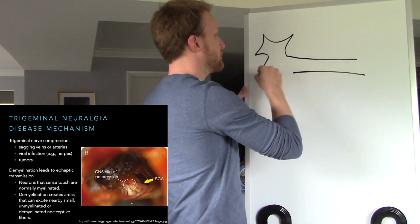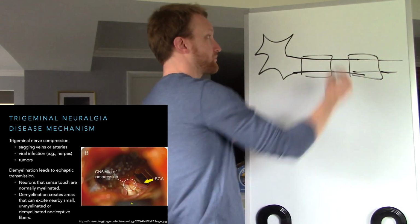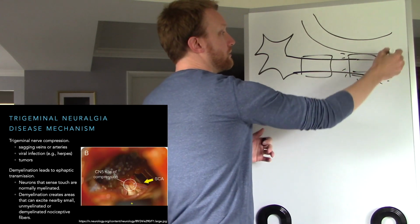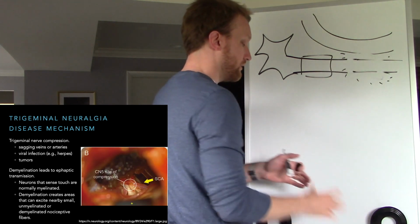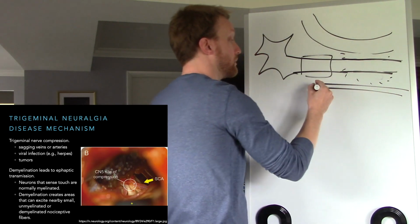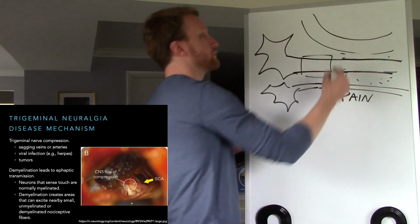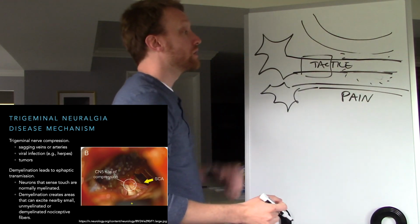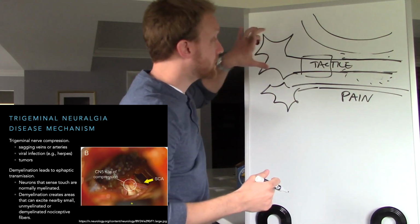So the large myelinated fibers that carry non-painful sensation, whenever we have the sagging of an artery here putting pressure on it, that leads then to focal demyelination. And when we lose that myelin sheath, of course we're going to be exposing a large area of the axon that's going to need to have ion channels reinserted, and those much smaller fibers that are going to carry pain signals, so this will just be tactile up here, much larger and myelinated, with pressure demyelinated, so that when action potentials are being conducted back, so when we have non-painful stimulation, these tactile fibers